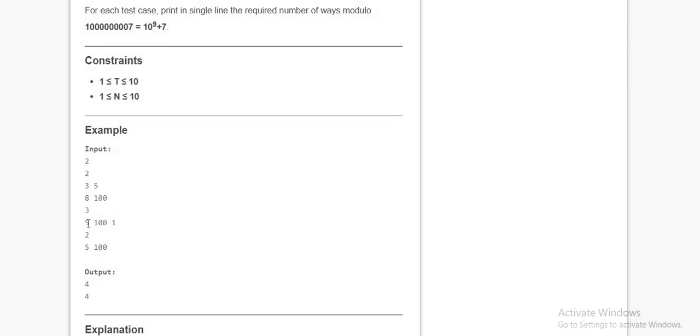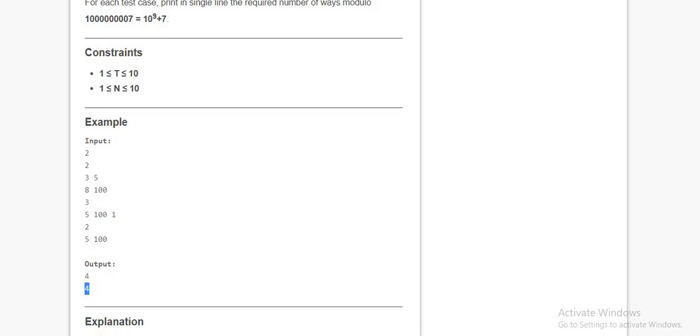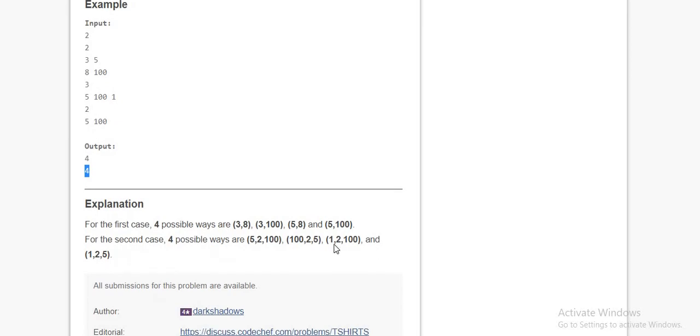There can be another way, 5 to 100 or 100 to 5, and another combination is 1 to 5 and 1 to 100, so the total number of ways is again 4. You can read the description as well, they have mentioned the possible ways in the explanation part.